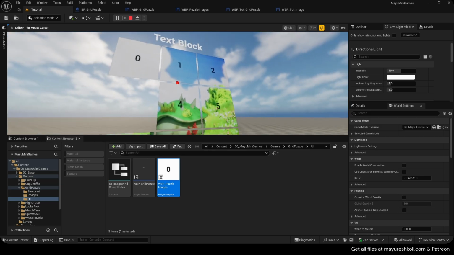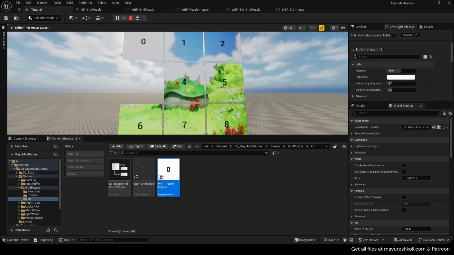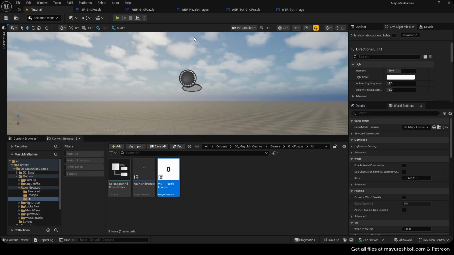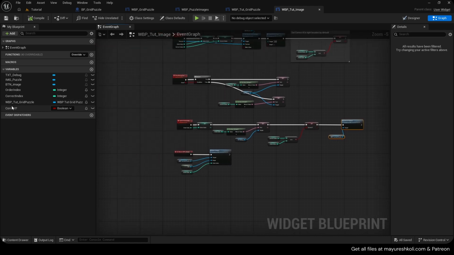But how do we create a puzzle that's solvable? Because I read that not every randomization is solvable. So you cannot just randomize the cards or the slots and hope that it is solvable. You have to do a specific layout. So how can we do that? So it's very easy. First thing first, let's go to our image and turn this into,